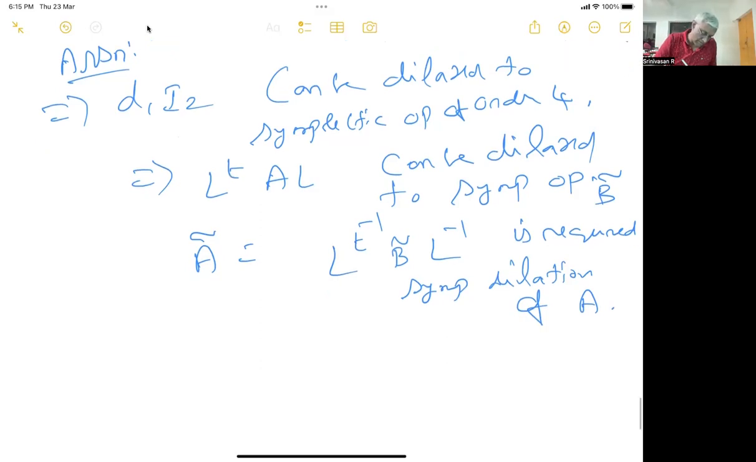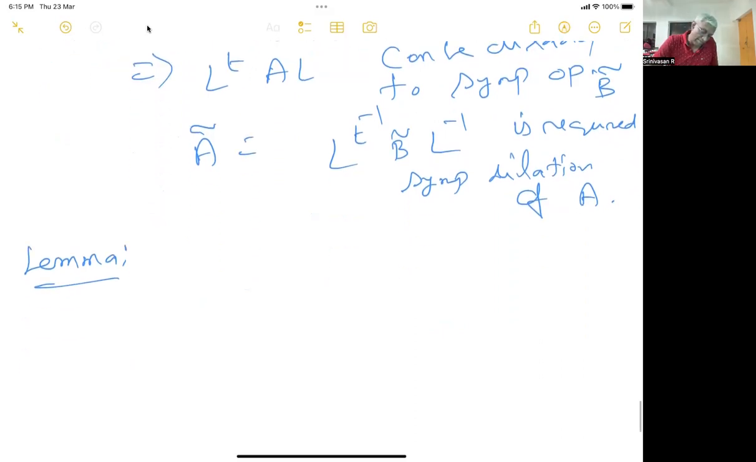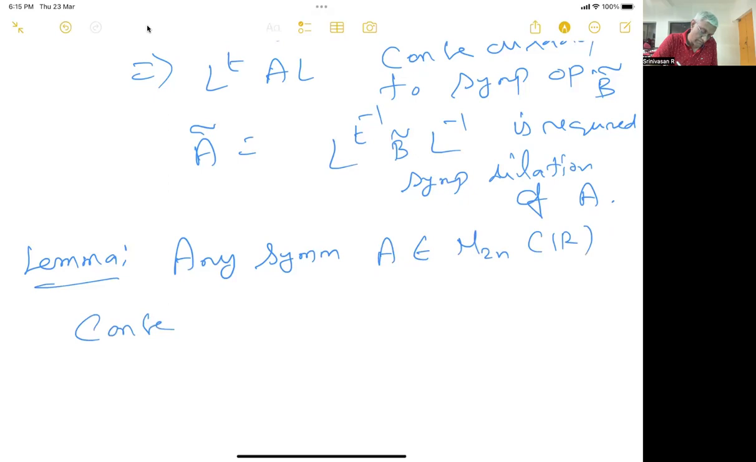So the next lemma: any symmetric matrix. Here it should be double the size, because there are two of them. Any symmetric A in M_n(R) can be symplectically